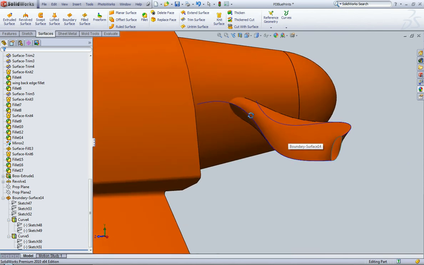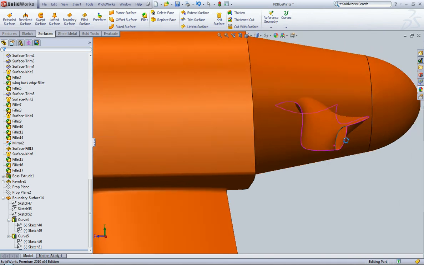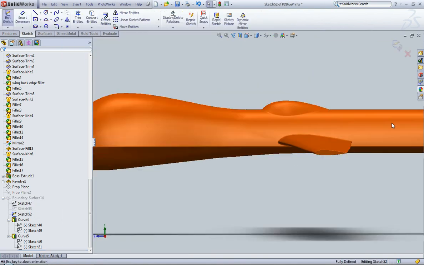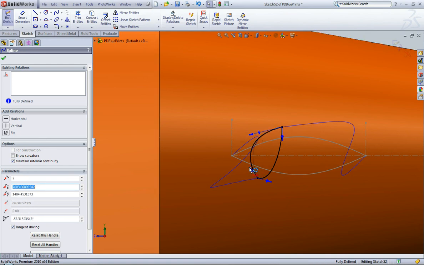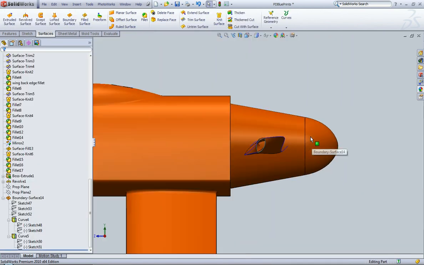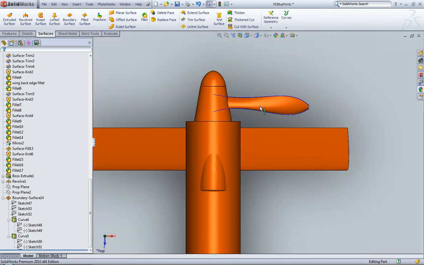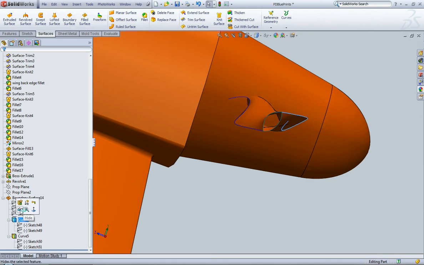Now also keep in mind that since our sketch here and our sketch in the middle here, we used that pierce relation, these sketches adjusted with the change in curvature, but obviously they stretched out a little bit because we pulled this bottom one down. So we're going to need to go in there and adjust that. And this also would be a good candidate for dynamic mirror. All right, that doesn't look too bad. It's certainly not ideal, and you can spend a lot of time getting these things just right. What I want to do